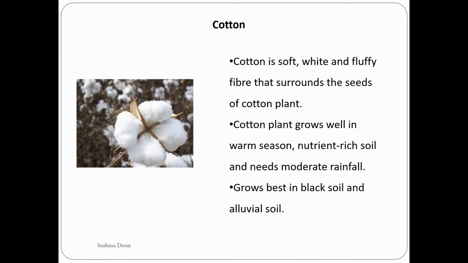So, where does it grow? It grows well usually in the summer season, when the temperature is a bit higher, because it does not require much rainfall, and it grows well in black soil or alluvial soil. This is found mainly in Gujarat, Maharashtra, or even Punjab and Haryana. So these are major cotton producing states. Also, we have it in Karnataka as well, like the southern part of India grows cotton well. Now let us see the journey of it from becoming the fiber to fabric.